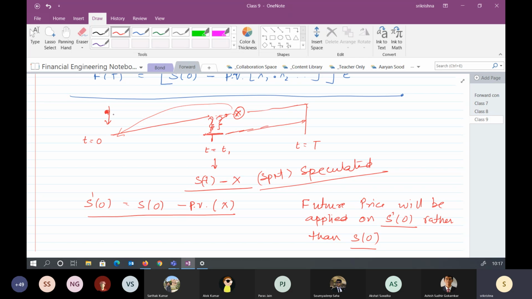And you will get the asset after 1 year. So who will get the dividend, me or you? Because for 1 year the asset is with me, and after 1 year the asset will be with you. So in between 1 year, whatever dividend is paid, I am the one who will be benefited.